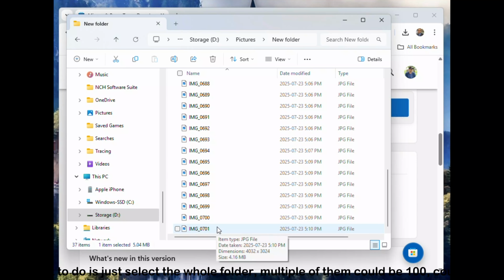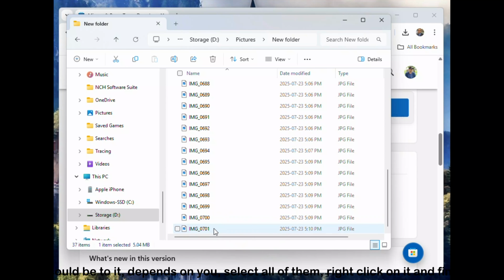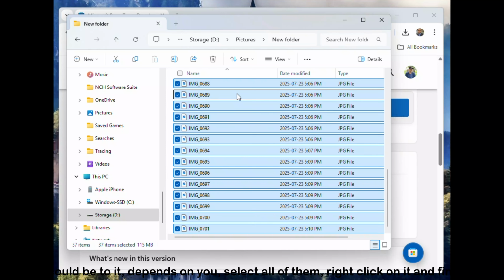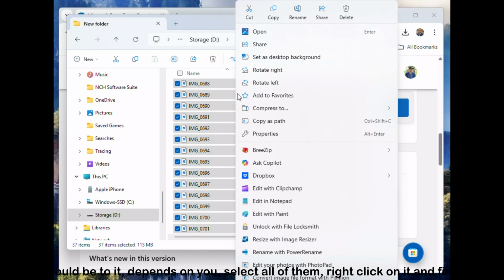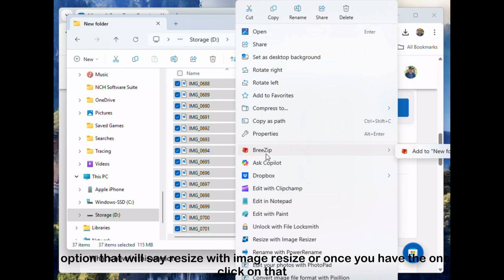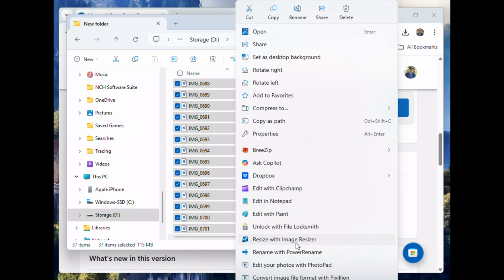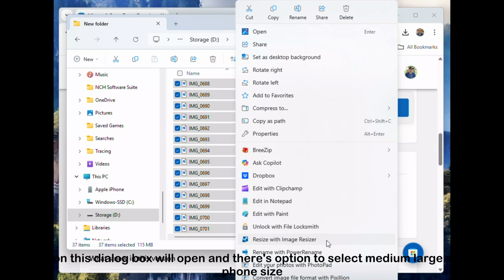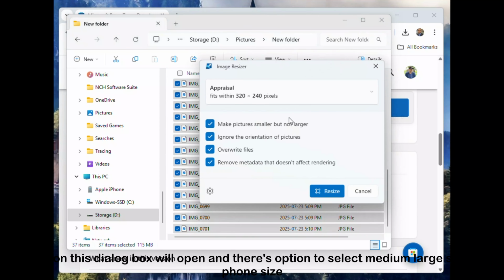With this option, all you gotta do is just select the whole folders. Multiple of them, could be 100, could be 20, could be 2, it depends on you. Select all of them, right click on it, and find the menu option that will say resize with image resizer. Once you click on that option, this dialog box will open,